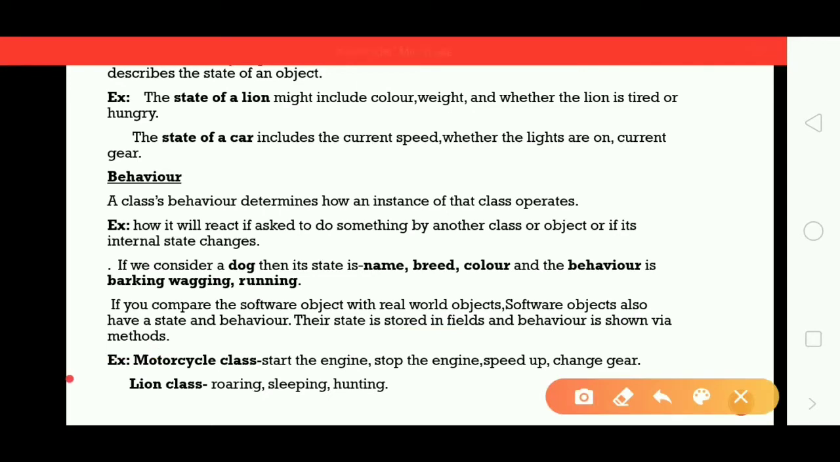Consider the example motorcycle class. This is motorcycle class. Start engine, stop engine, speed up, change gear, these all are behavior of my class motorcycle. In the sense methods. In the same way, for lion class, I can have roaring, sleeping, hunting. So this is how we can compare our real world objects with the software objects, what actually their state and